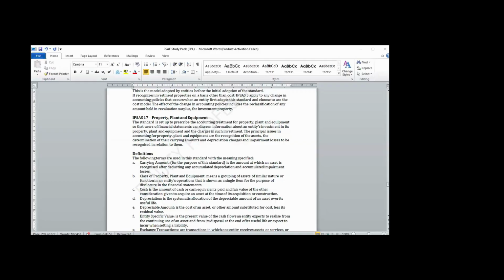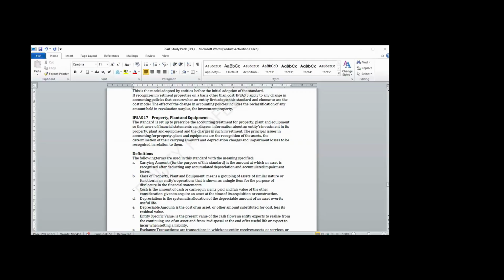Depreciation. Depreciation is referred to as what? Allocation of cost for the useful life or economic useful life of an asset, or spreading of what? Cost for a particular period of an asset. We have what we call